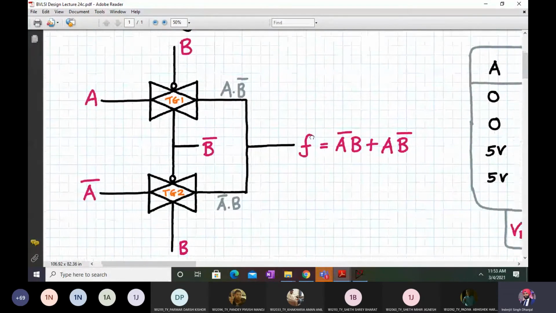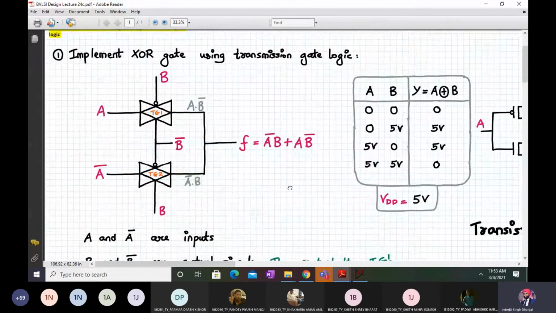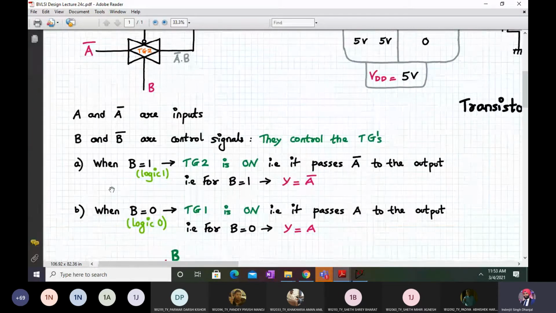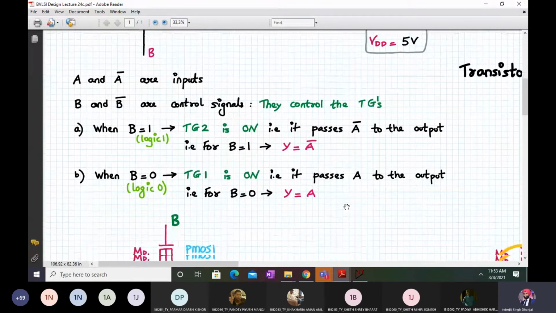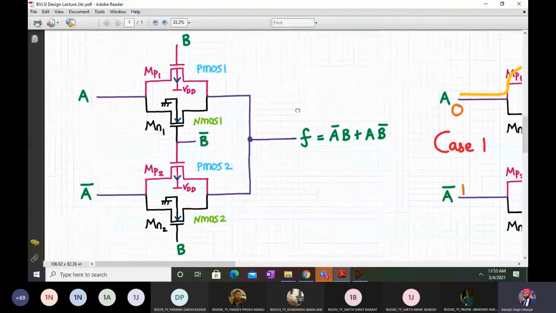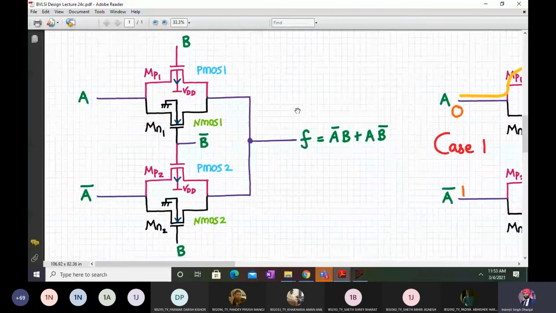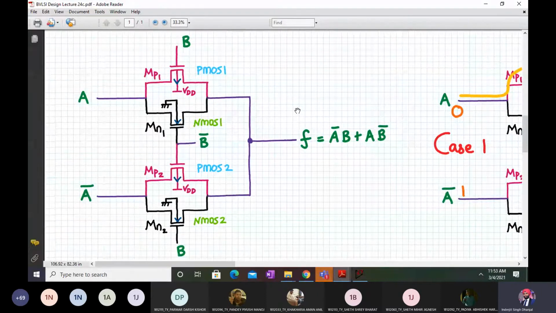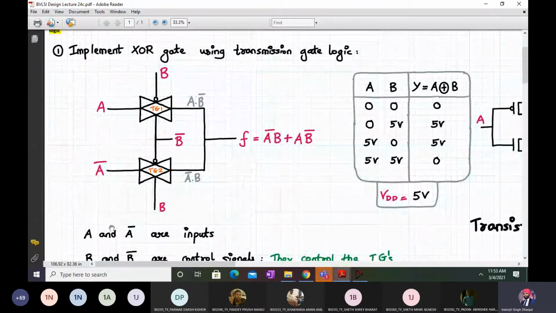Have you understood the functionality? Now let us see that in a little more detail. This is what I've explained just now. Let me explain it in terms of these diagrams. This is the transistor level implementation of the XOR gate using transmission gates. The earlier one was a symbolic representation.